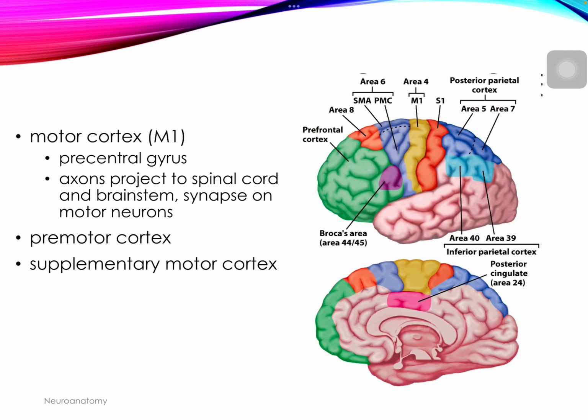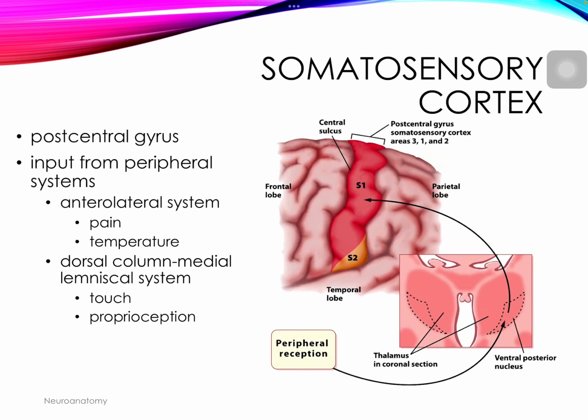They're also going to synapse on motor neurons to allow for us to be able to move. If you have a person who has had a stroke, for example, and have damaged the motor area, you're going to see that person likely having some serious movement issues. They might have partial paralysis or issues with moving their limbs. Of course, we also have the premotor cortex area, which is before that, and then we have the supplementary motor cortex, which we will get to in the next slide, which sits essentially behind that motor cortex here.